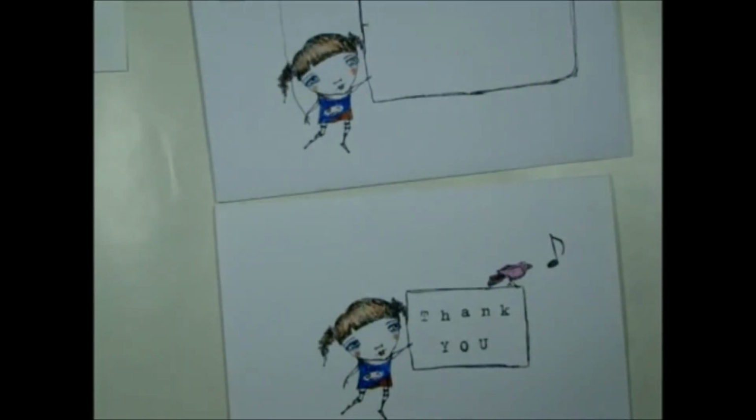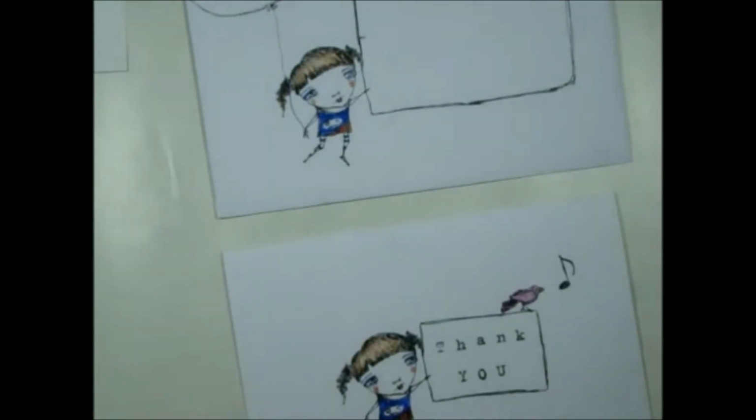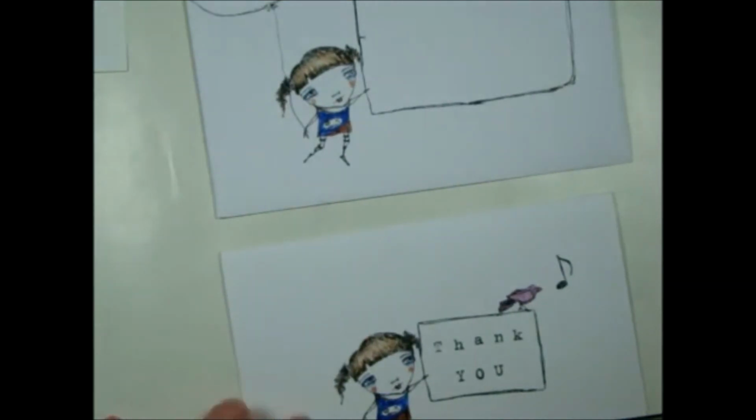Ta-da! Okay, so there you go. Very simple, easy cards and matching envelope. One thing I'm going to do is I'm going to give her a little bit of something to stand on here. Don't have to, but I am. So we're just going to